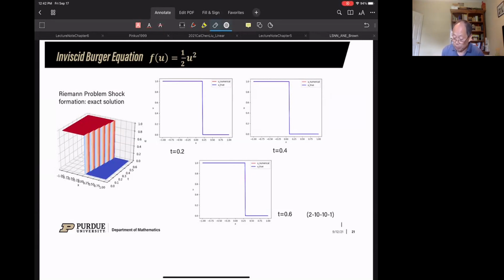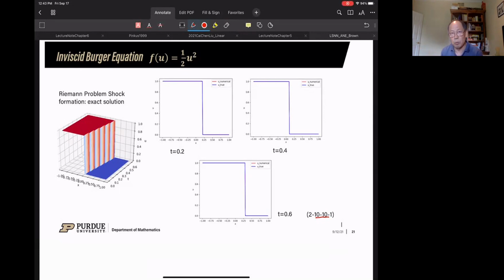So if you look at our simulations, we are using a 3 layer network with very few neurons, even for that case, it's 10-10. Then this computation is almost perfect. We never saw that. I know that George wrote a paper about applying the PINN to the Burgers equations, but it's the viscous Burgers equation because the PINN, from my understanding, probably cannot handle the discontinuity. Maybe I'm wrong. So after the talk, we can discuss that.